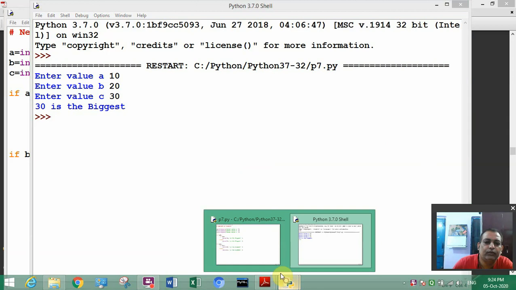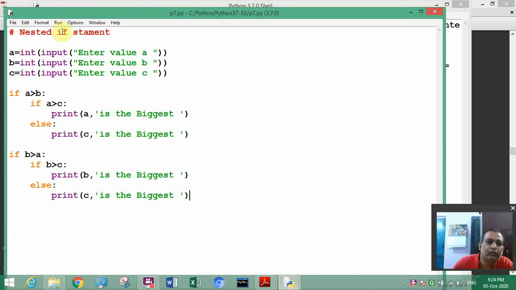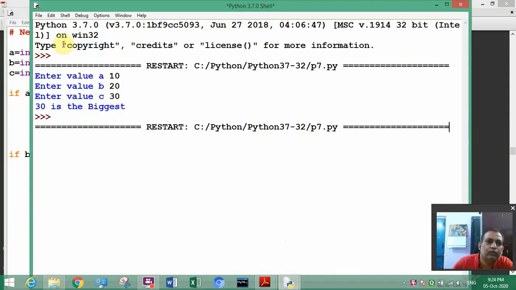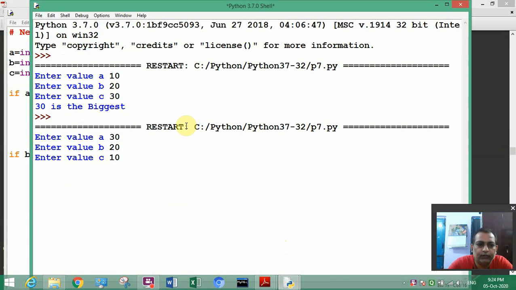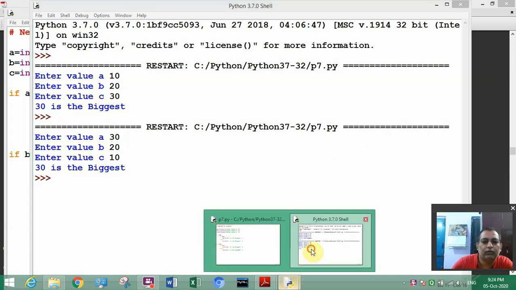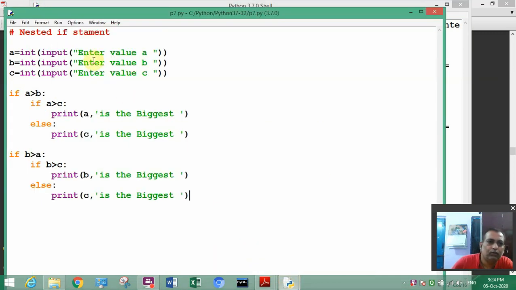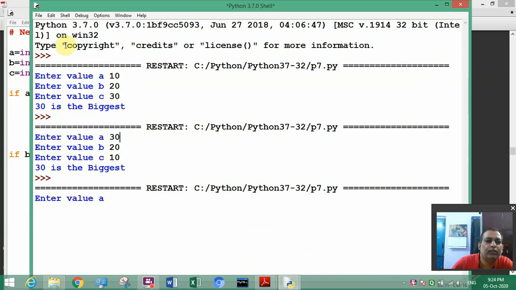Next time I will give a different number because we have to check all the cases. In the first case the third one was biggest, and now in the second case 30, 20, 10. So 30 is the biggest. In the first case C was 30, in the second case A is 30. Now I will make another input so all cases will be satisfied.